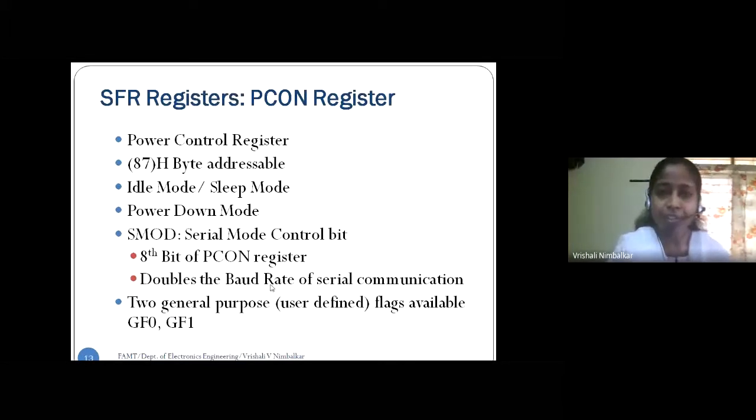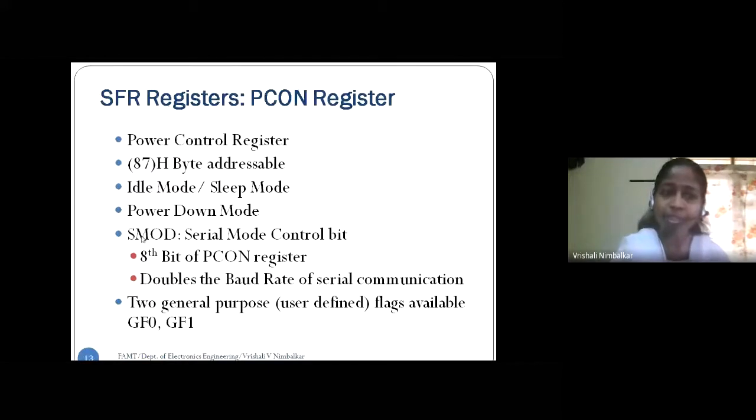So now if I had used the SCON register and I had set a baud rate of 2400 bits per second, correct? And I can use this PCON register with the same 2400 baud rate. Whatever calculations we have got, I can make use of this PCON register, and there is a bit called SMOD. This is the last bit of the PCON register, correct? We can make use of this SMOD bit.